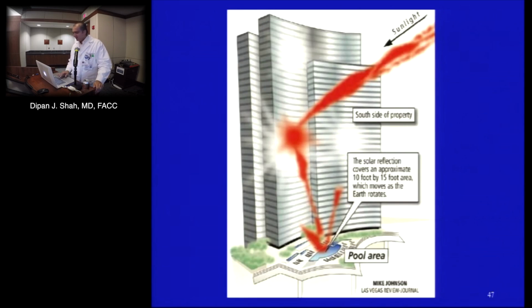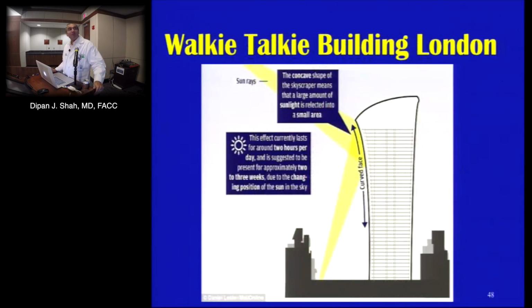That's what I think is important to keep in mind with devices. And this is not the only building that this has happened to, as I discovered while preparing for this talk. There's another building in London called the Walkie-Talkie Building, which has a similar situation where, for a couple hours during a certain part of the year, the sun's rays become concentrated in one area. If you're walking in that area, all of a sudden you can get zapped. And therefore, remember,